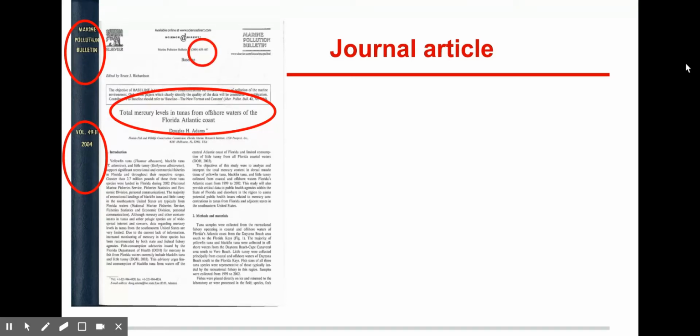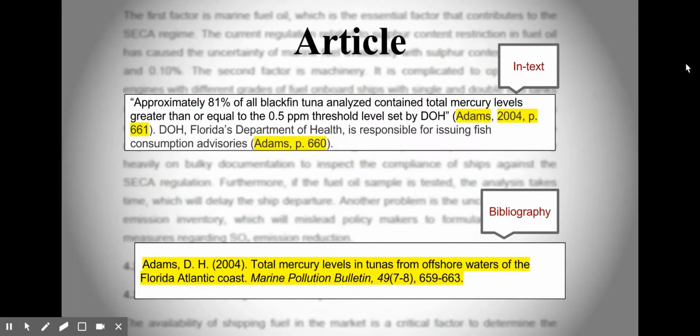also have the page numbers, because remember, you're not citing the entire journal, which could go on for years and years and years, consisting of thousands of articles, and you're not even citing the entire volume. You're citing some pages within the volume, and that's important information to include in your bibliography, and it looks like